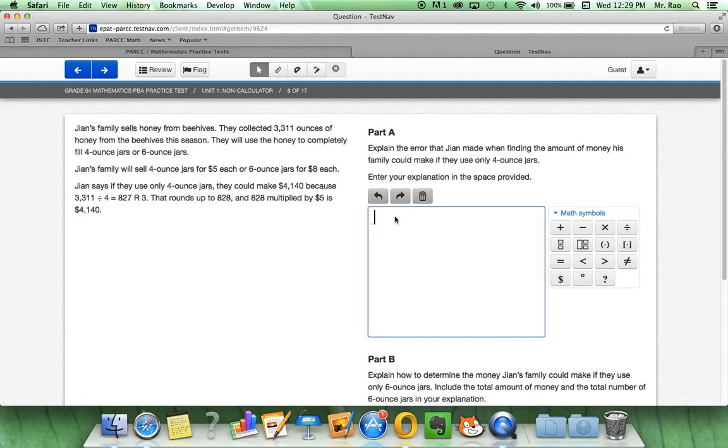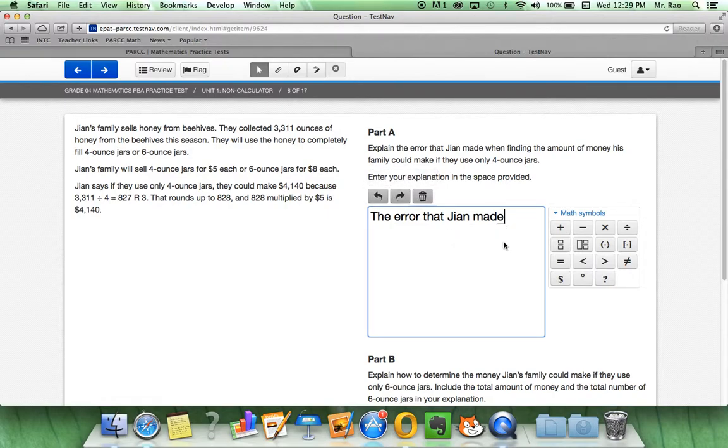So what you will do here is you will actually explain your answer. The answer to this question is, you may answer the question, and then you may, let's say if it's 5, explain the answer. So we want to delete out the error that John made. And if we want to delete that out again, we can hit the trash can for clear all, undo button,